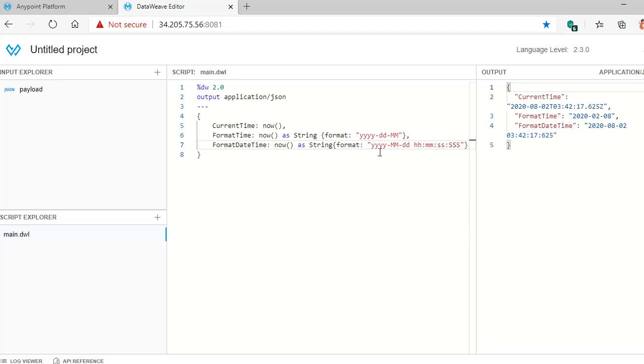See, I have used here year, month, date. So year is 2020, month 08, date is 02, and I would like to display hours, minutes, seconds, and milliseconds as well. So this is how you will get the required format based on your database or based on the required format of the client or end systems. You can use this format function. You can actually give the format whichever the output you want to get. Okay, this is for just converting the time.